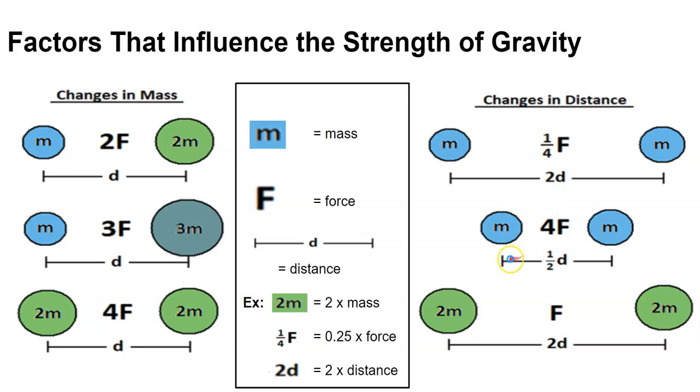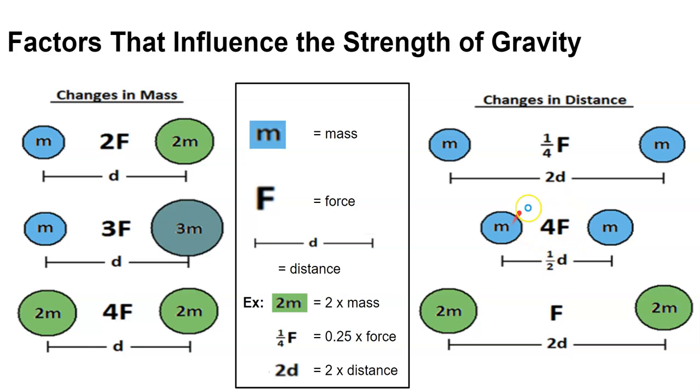And so right here, if we take the distance, we can cut the distance in half from what it normally was. It used to be this distance right here. Cut it in half. What happens to the force between them? Well, the force doubles. So if we make the distance greater, we see that the force exerted on the two objects is less. If we make the distance less, cut the distance in half, we get more force.